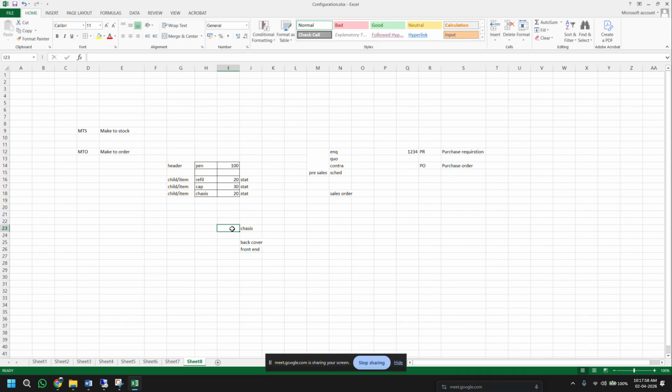Now this is also another BOM. You see, chassis itself is acting as a BOM here. So now if I say pen, the first level BOM will open, or BOM will explode, at this level it will show cap, chassis. But then again, chassis itself contains its own child items. It is made of,